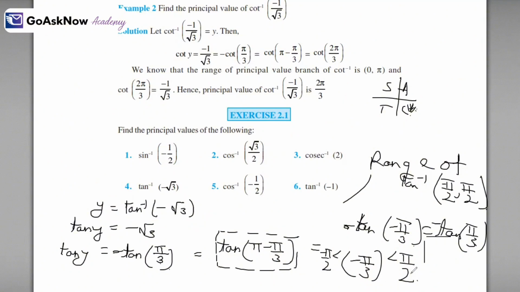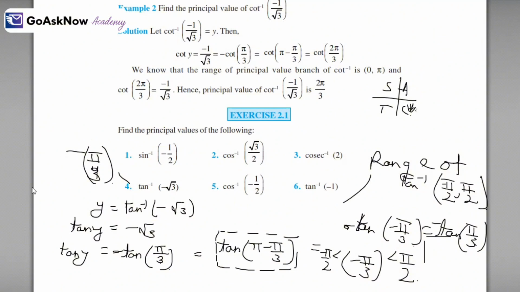So for this question, the answer is minus pi by 3. Minus pi by 3 is the answer. Okay. So I have told you that the final answer should be in the principal value range of that function. That is why it is coming minus pi by 3. Let's move to the next question and